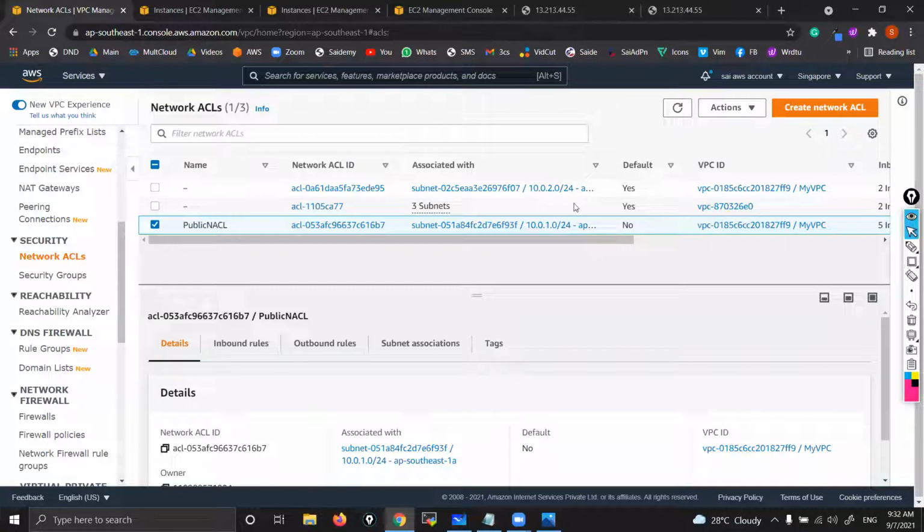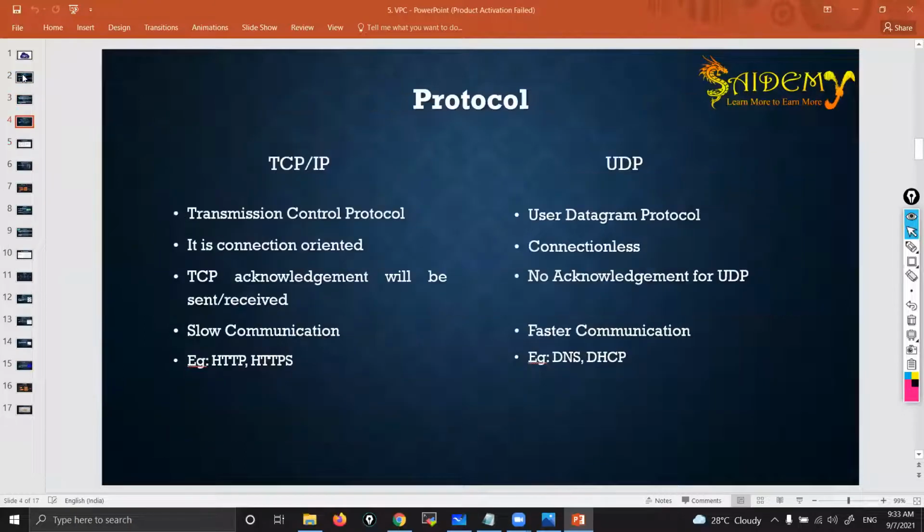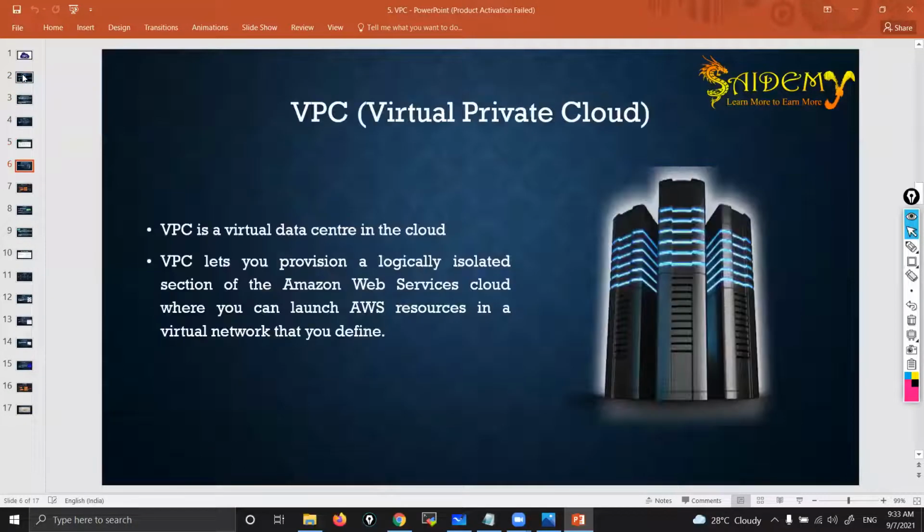Right? Okay, now let me show you a PPT which I'm having. You can see the IP address part we discussed in the VPC class. See, initially we talked about network, then protocol, then IP address, all these things. Now, this I'm going to share with you today. VPC,